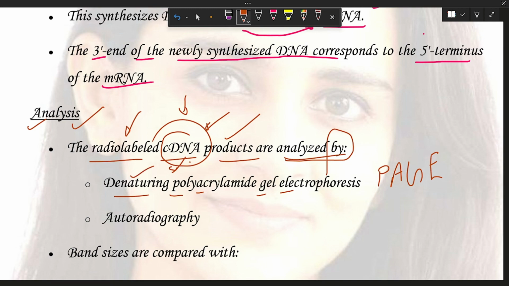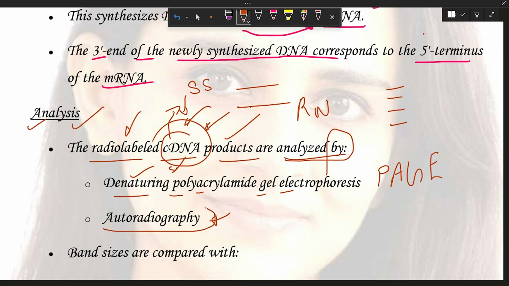What does denature mean? It separates the cDNA from the RNA strand and makes it single-stranded. After electrophoresis, it separates according to size, and then we analyze with the help of autoradiography. Why autoradiography?